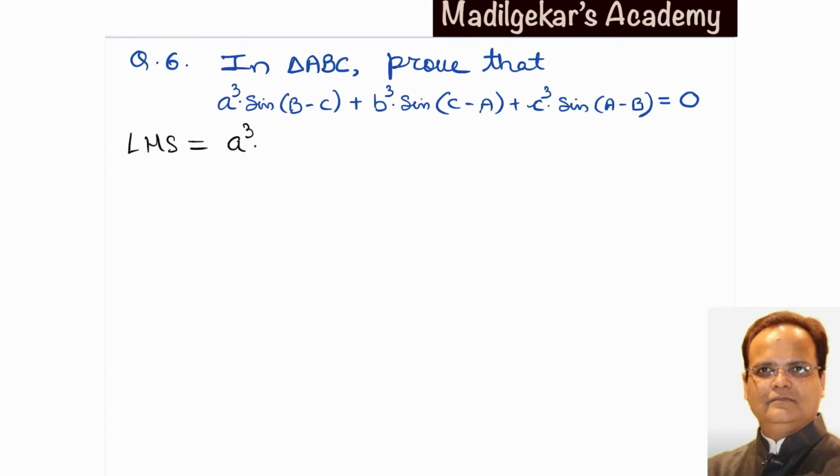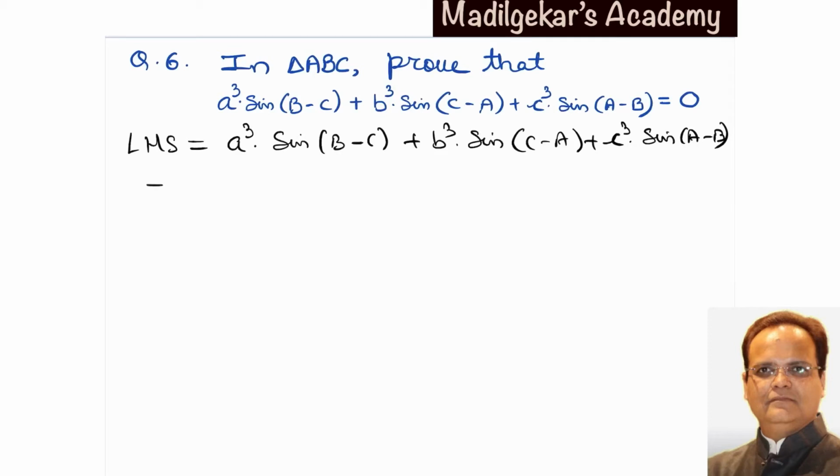It is a cube sine of (B minus C) plus b cube sine of (C minus A) plus c cube sine of (A minus B). Apply sine (B minus C) formula, sum and difference. So we get